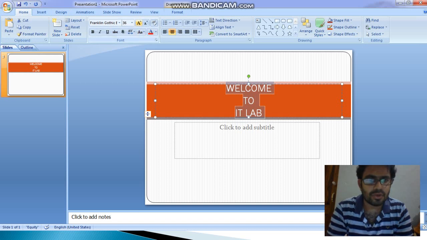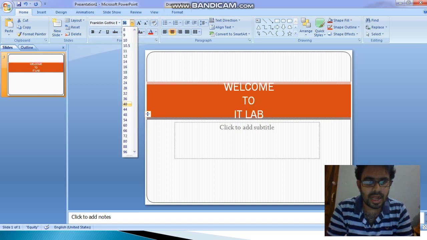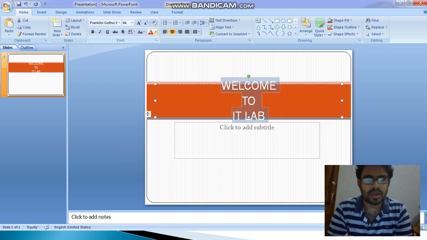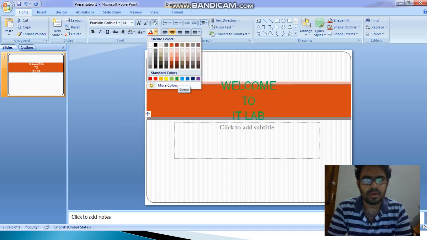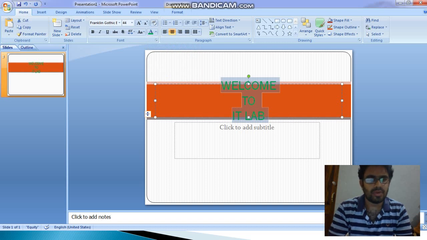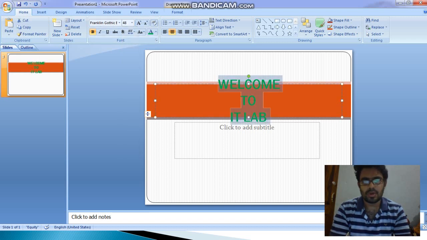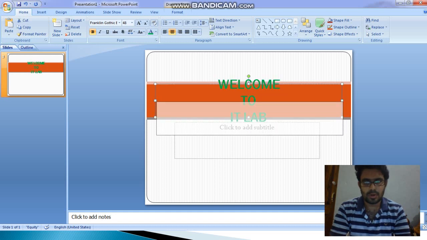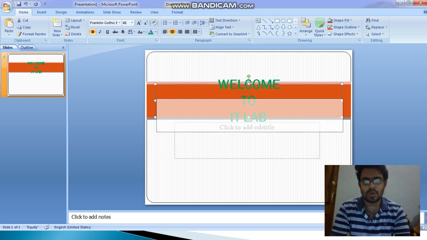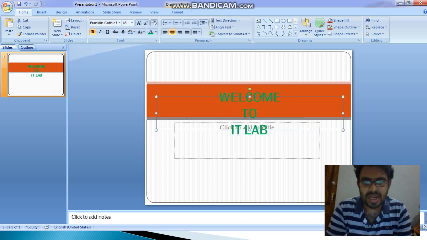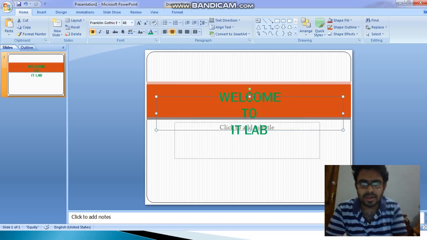Like in our Microsoft Word, we can also increase our letter size, and we can also change the color of the letter. We can also make it bold. We can rearrange the place as we want.